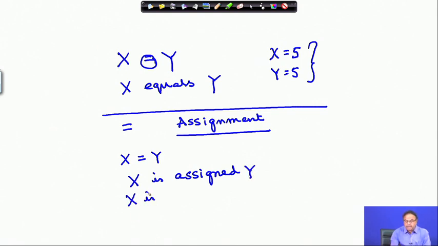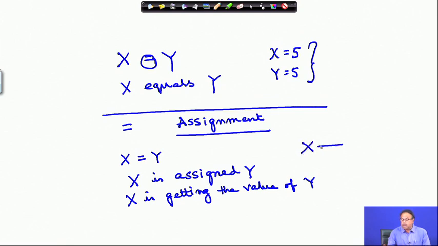X is getting the value of y. So often, in order to avoid this confusion, we write it in this way, that the value of y is assigned to x. Now, here is something to really understand. What is x?